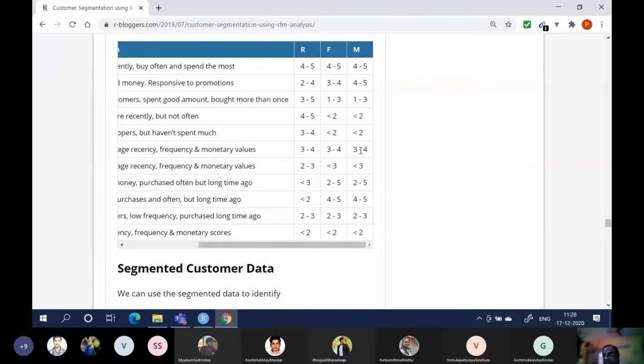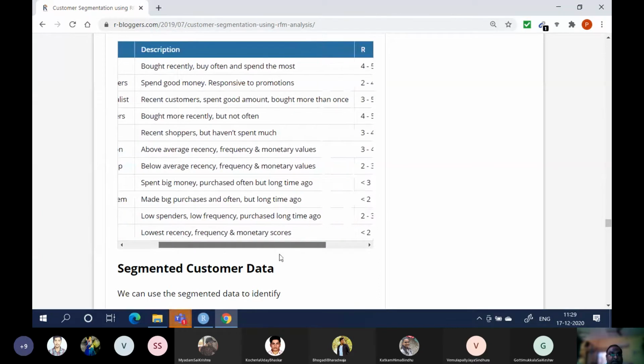So this is the RFM analysis which they have created. Based on these parameters, they have created this RFM table.